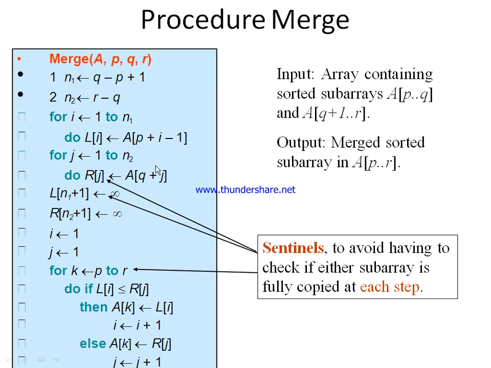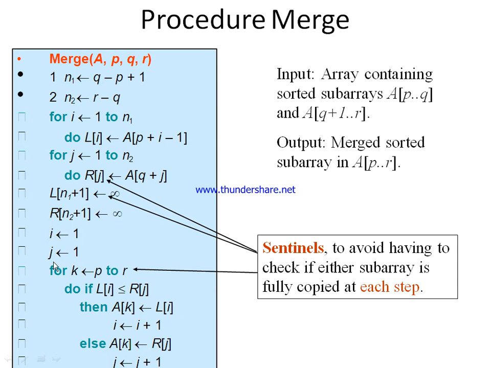You can start from J equal to 1 and move Q plus J. If Q is 3, then J plus 1 gives Q plus 1, that is 4, moved to the right position. So here 0 to 3 are already moved. From here, 4 to 7, that is 4, 5, 6, 7, are moved. And the last positions of these arrays are assigned infinity, empty positions. So we are assigning empty positions for swapping. If there is one empty position, the swapping becomes easy for us.